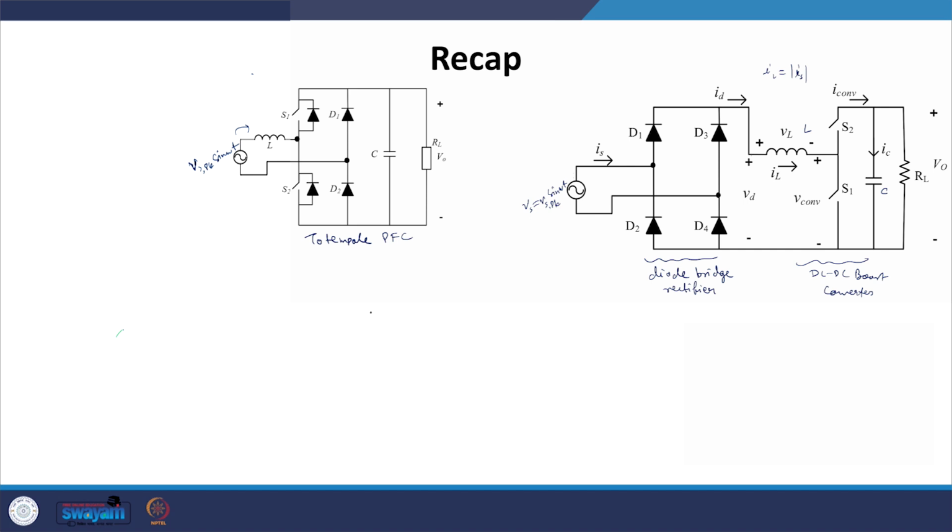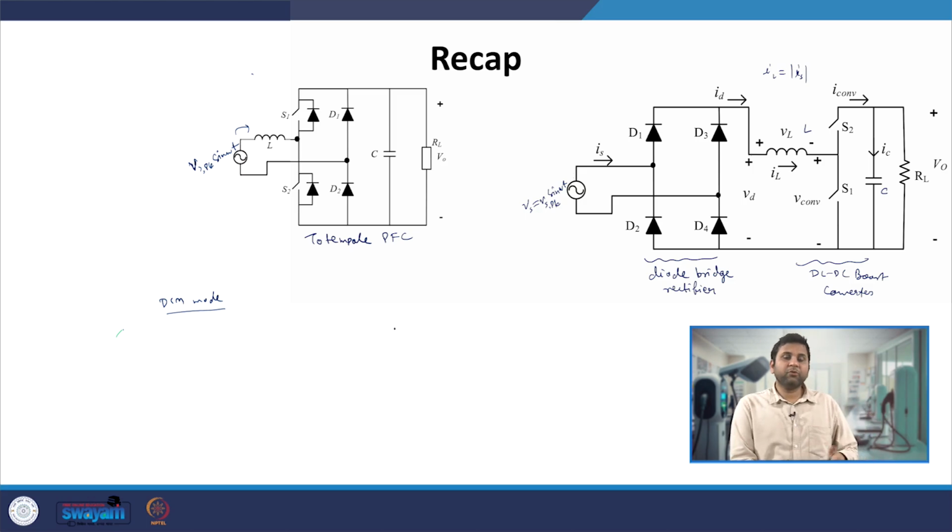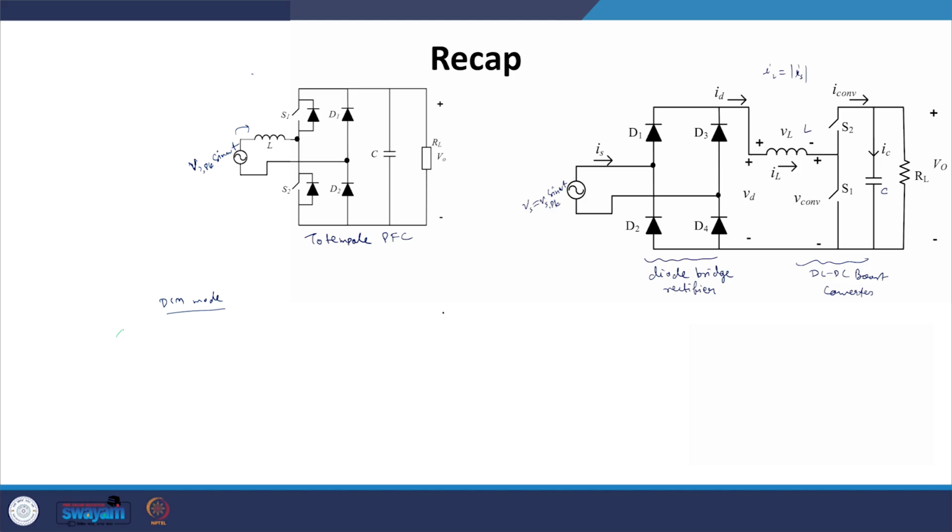Now, the advantage in DCM mode, where DCM means discontinuous conduction mode, is that we do not have to put any multiplier while doing the closed loop control. It is a simpler closed loop control. We can implement it in any controller, and we do not need a very high end controller to implement the DCM mode control. In the voltage follower mode, you do not require any multiplier or any high end computation.